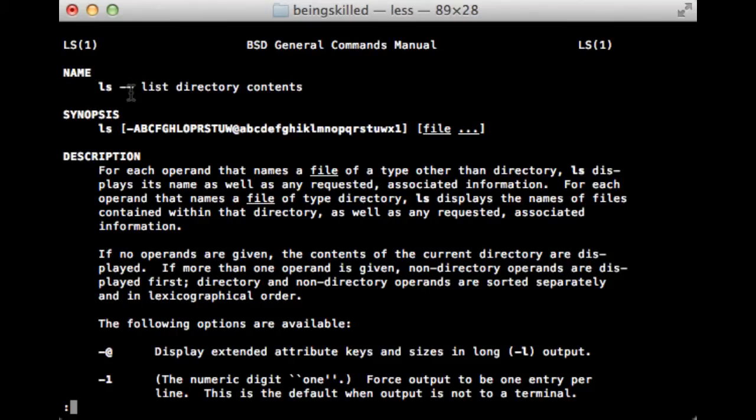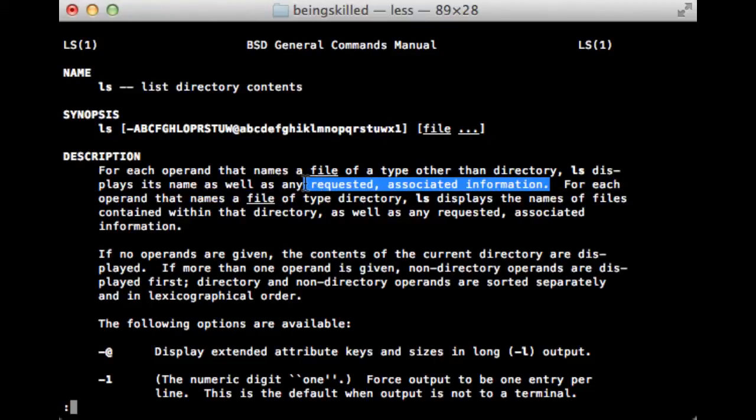Under the name it shows it lists directory contents, and in the synopsis there are quite a few options available. So let's see. In the description it says for each operand that names a file of a type other than directory, ls displays its name as well as any requested associated information.